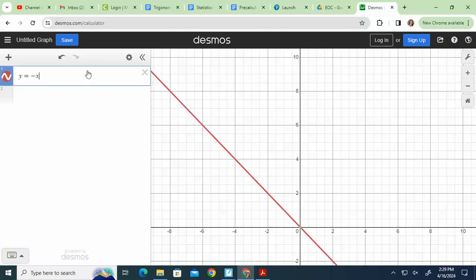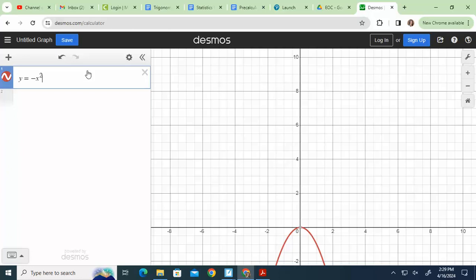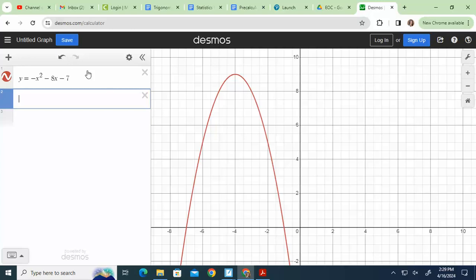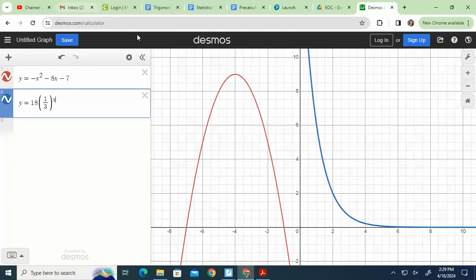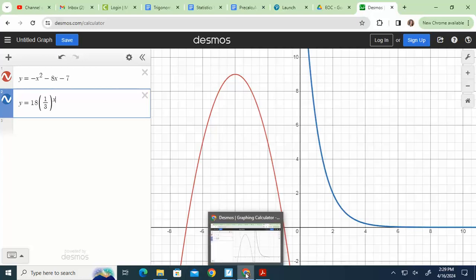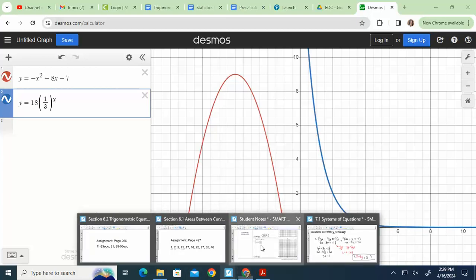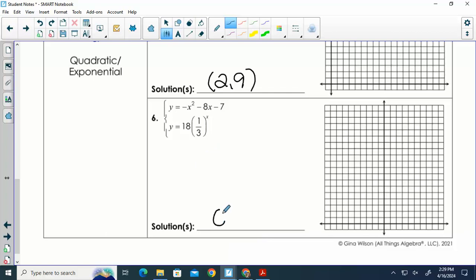And our final one. y equals negative x to the second minus 8x minus 7, and y equals 18 times 1/3 to the x. Is this the 18 and 1/3 to the x, is that exponential growth or decay? Decay, because it's getting smaller. What's my solution this time? No solution. Those two graphs never meet. All right, are there questions about this? Okay,